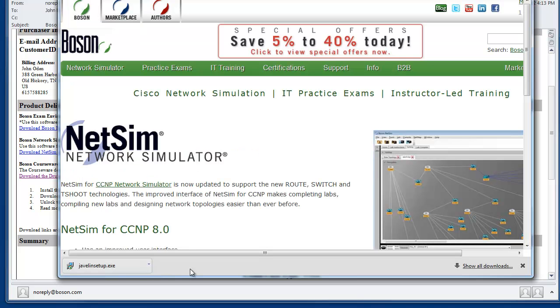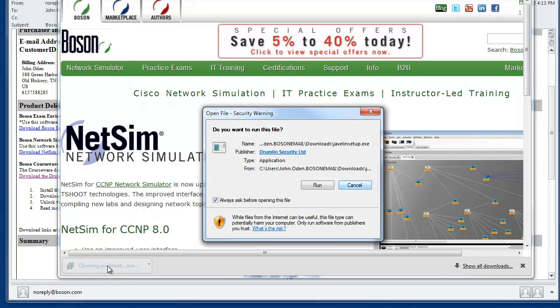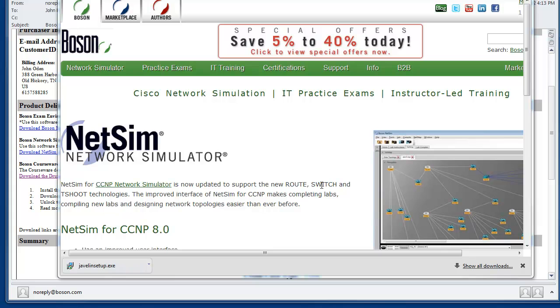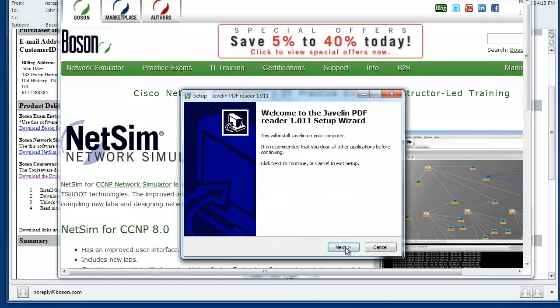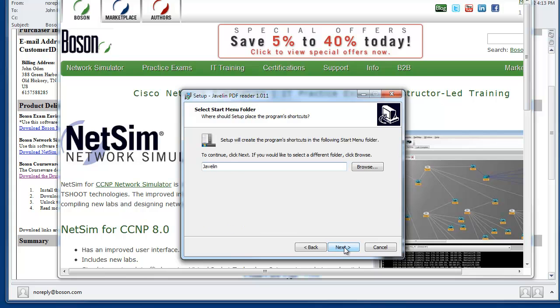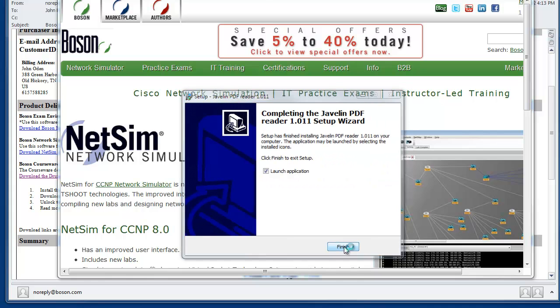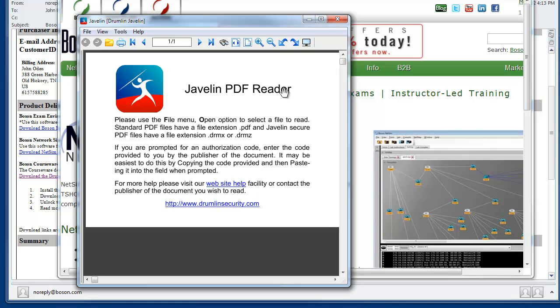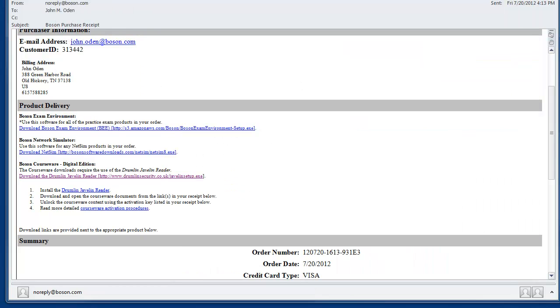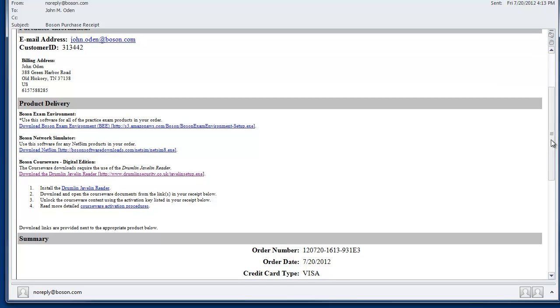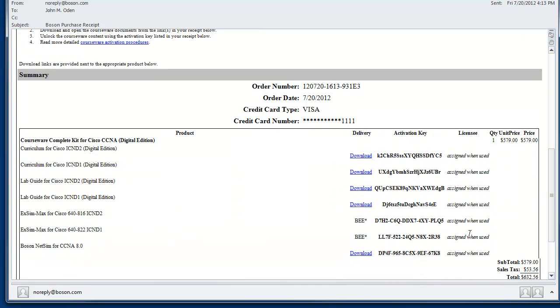After the download has completed, go to the location where the executable was downloaded to and run the setup. And when the setup is complete, you will have the Javelin PDF reader installed. Now that you have downloaded and installed the Javelin PDF reader, the next step is to download the encrypted document files. I'm going to scroll the purchase receipt down a little bit so that we can see the links to